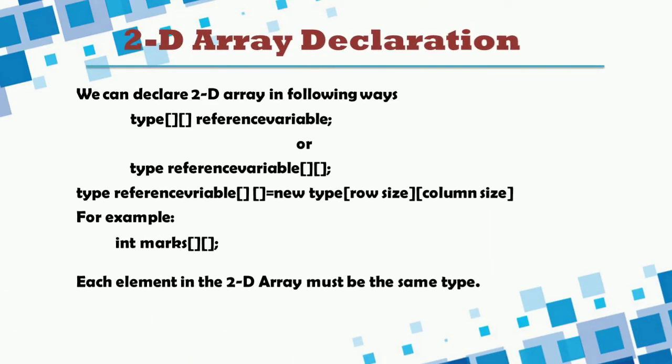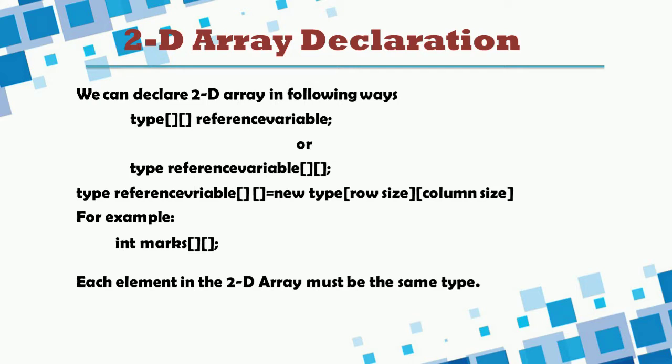Next, we'll move on to the two-dimensional array declaration. Before we use an array, we need to declare it like any other variable to allocate space in the memory. Here is a general syntax given in two different methods. And after declaring the array, it is necessary to create space in memory. This is done by using the new command. The general syntax is given here with row size and column size.